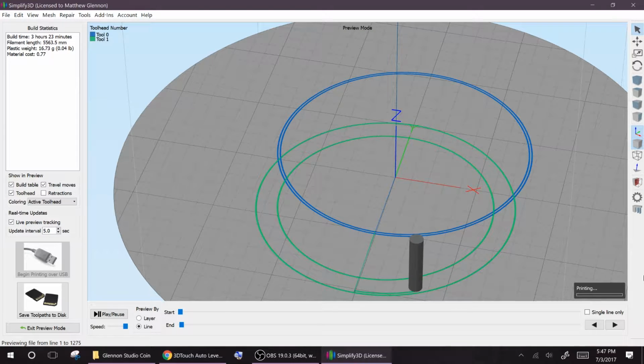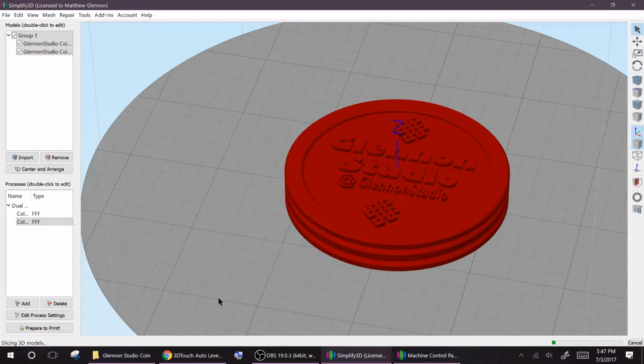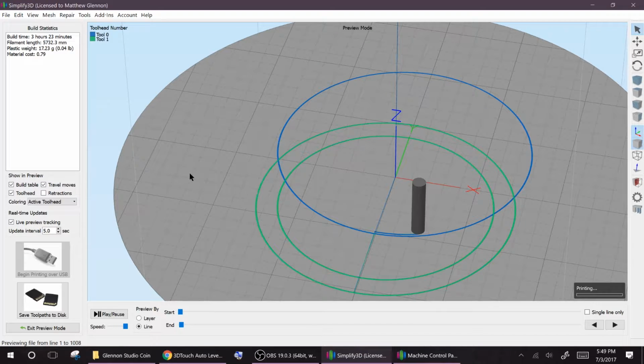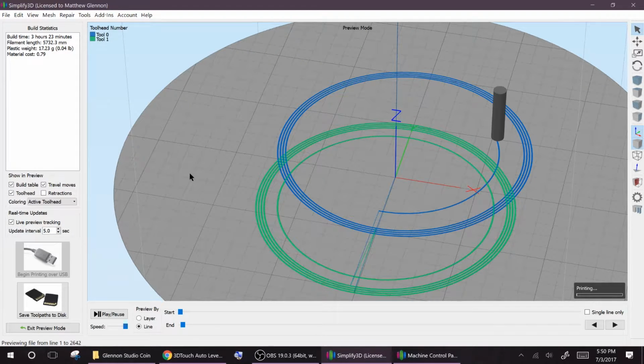This goes on for a few minutes, but at the end of the day, I do get this printed, just so you know, obviously, if I'm going to be talking about it in a second. A lot of this has to do with scaling and things of that nature. That's where I'm running into some weird problems. I really wasn't thinking very well when I was planning this out as far as printing goes. All right, let's take a look at the coin and